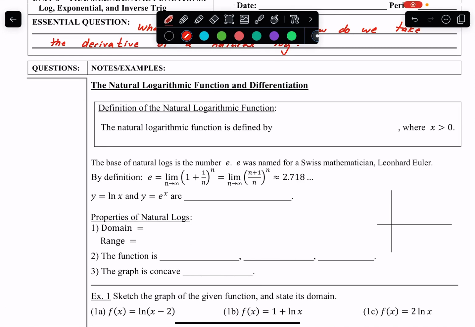Logarithms and exponentials also have their own derivative and integral rules that we need to know and be comfortable with. The natural log function itself is actually defined as an integral: ln of x is equal to the integral from 1 to x of 1 over t dt. So there's some advanced mathematics going on here in how the natural log is defined. We're going to look at that a little bit further on, but now let's start to look